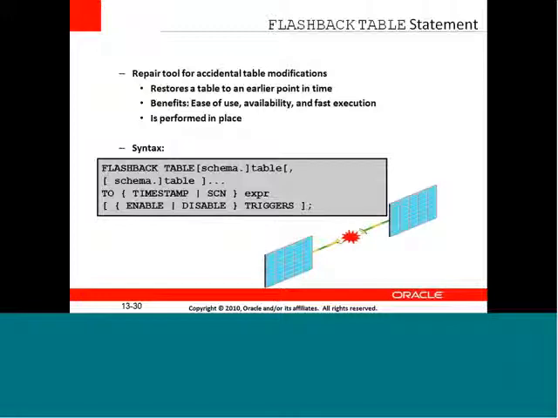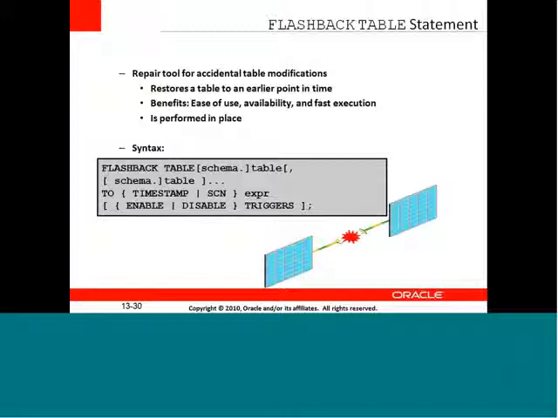But there are other schema objects related to this. For example, views have been created, indexes have been created, sequences have been created based on this table, or we have synonyms created. So if any such schema objects have been created and attached to the tables, and all of these have been dropped or removed permanently, then the flashback is going to restore them back permanently into the database.